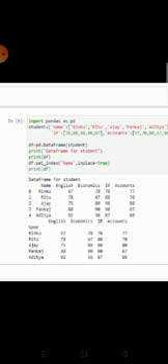The fifth line, df dot set index. I am setting the index, not changing. Name. What index am I taking? Name. In place equal to true. It means it must exist in the program. If it will not exist then in place of this it will display None. You are very familiar about None. It means it is not existable in the program, but here I am using this one true.